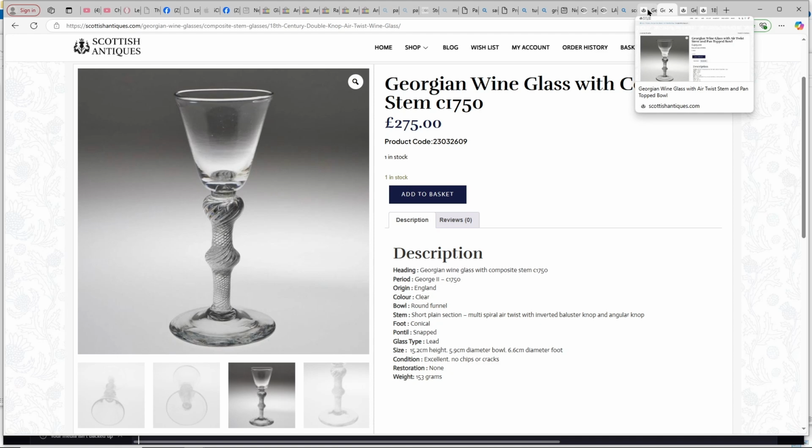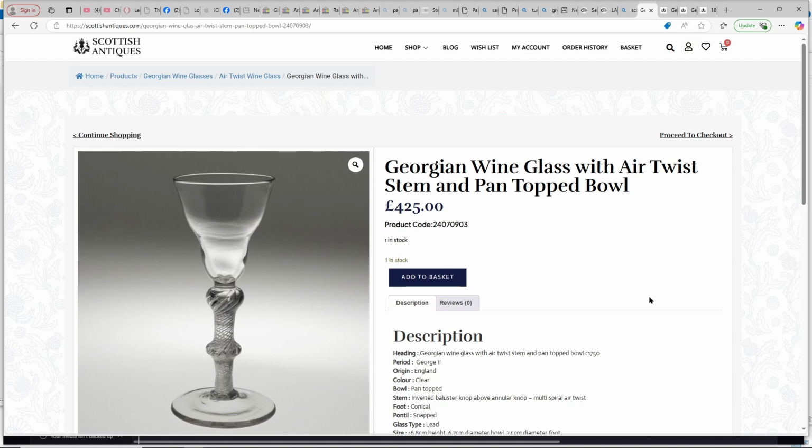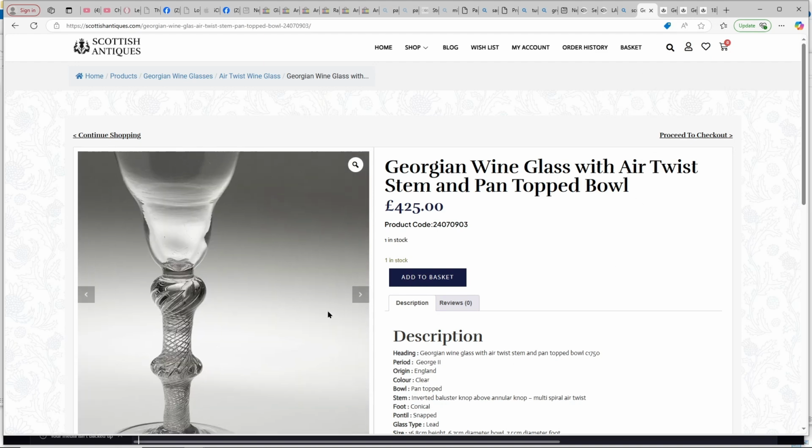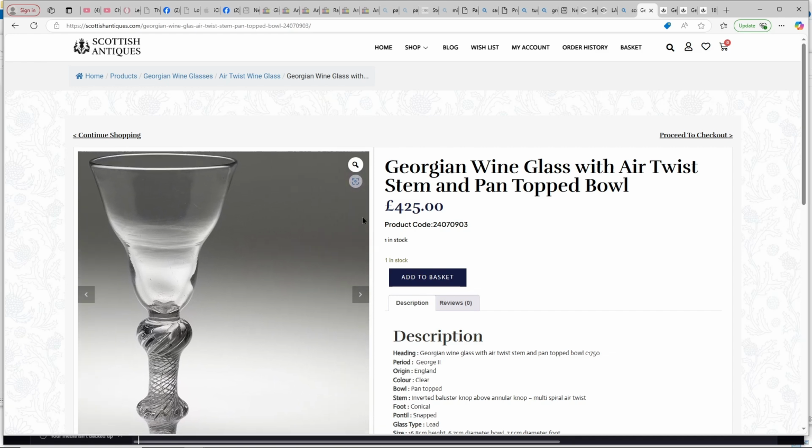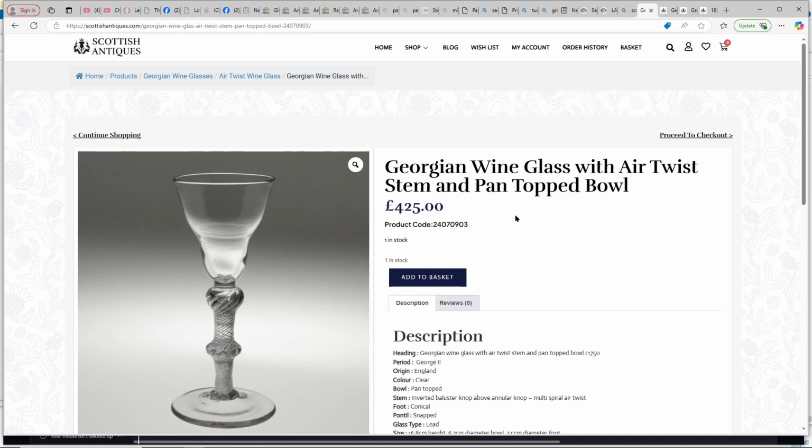Then we've got this one, and this is where I've been talking about this in other videos, where you get a different variation. So we've got a double knob air twist with a pan top bowl, and the pan top bowl makes a big difference. As soon as you start combining different features, the prices go up. So yeah, if it had a pan top bowl and a domed foot, that would put the price up even more. It's that kind of thing, more features you get in a glass, generally the rarer it is,